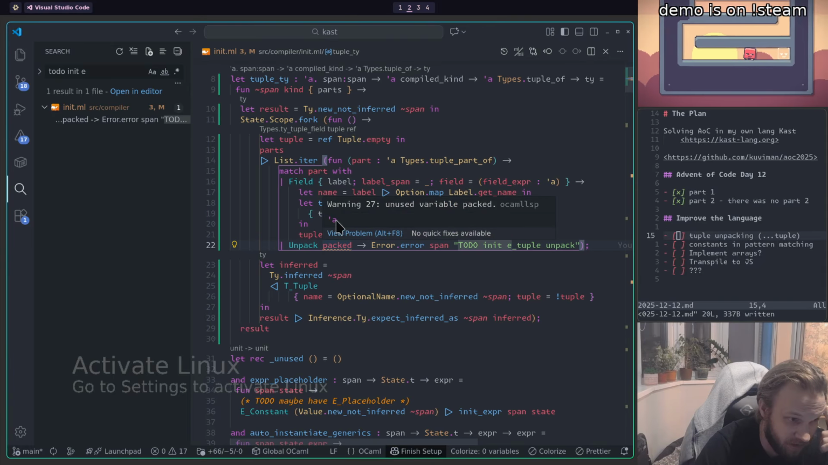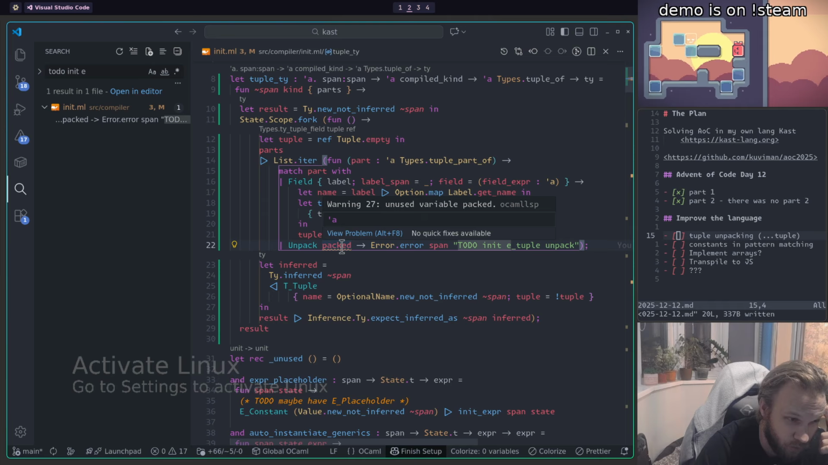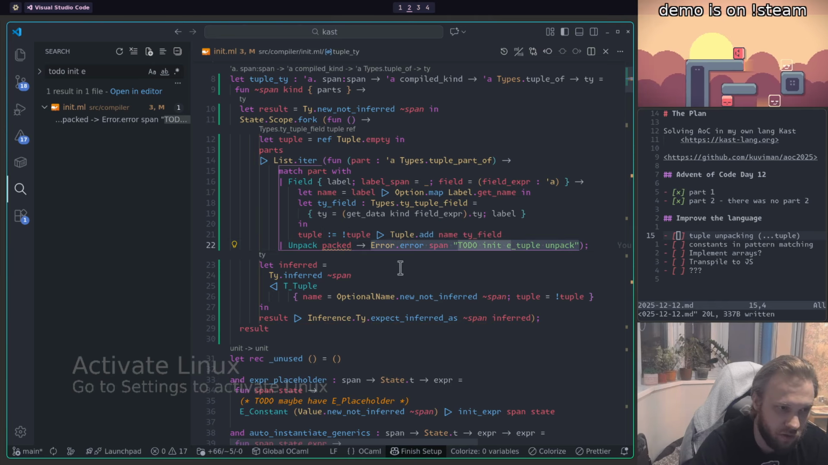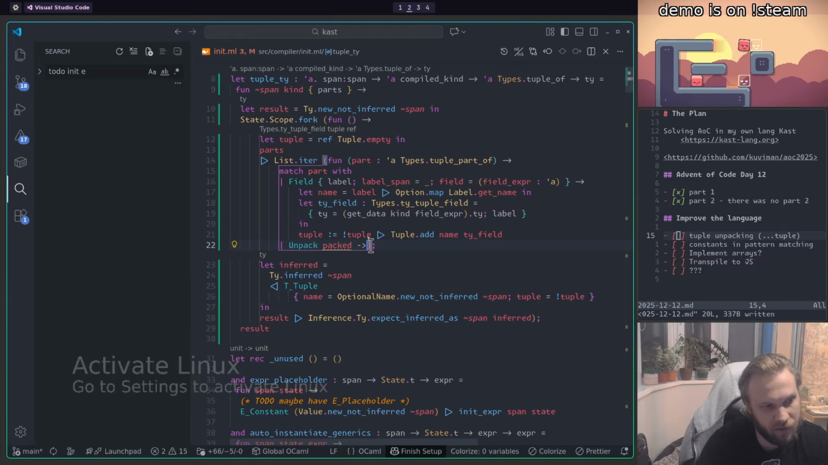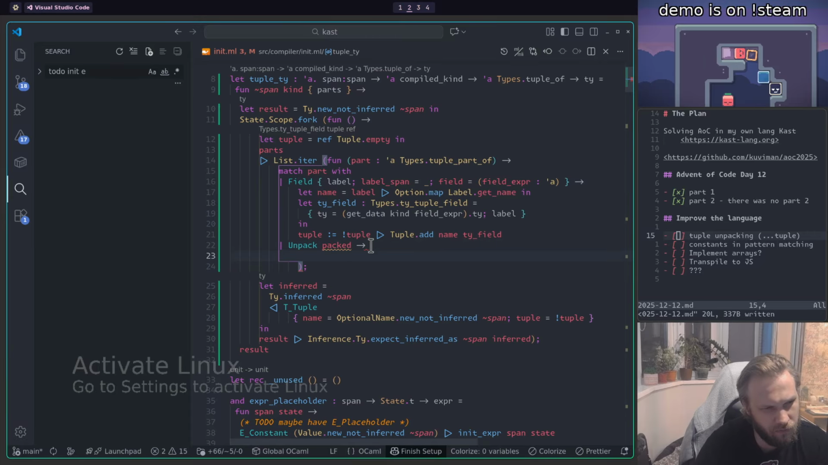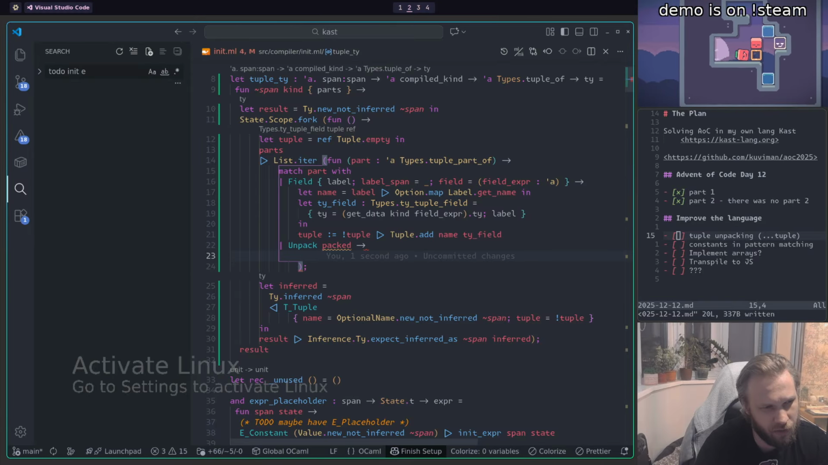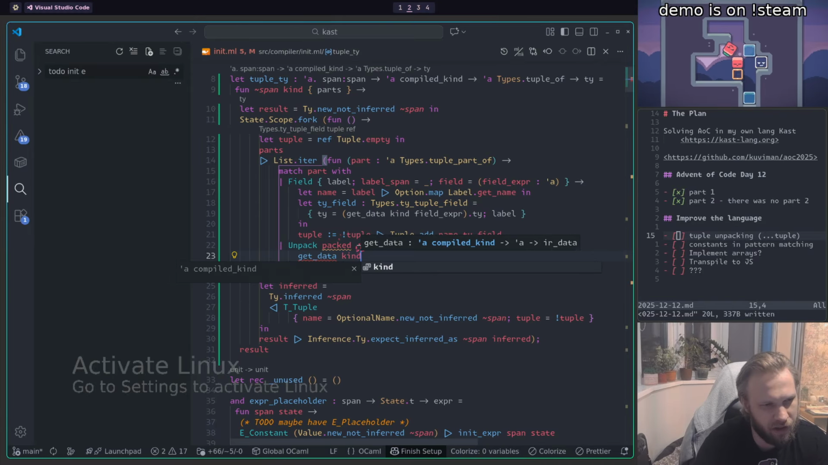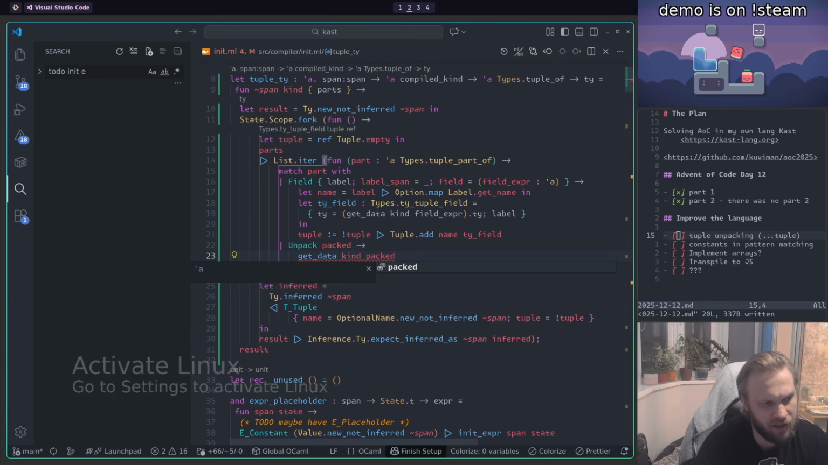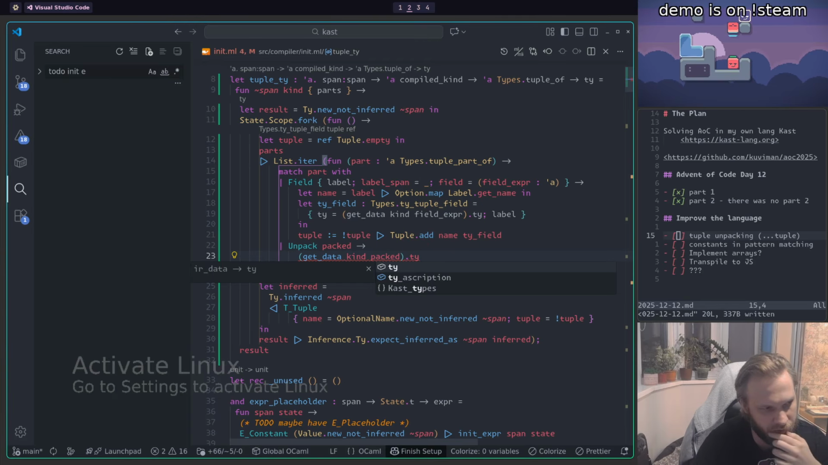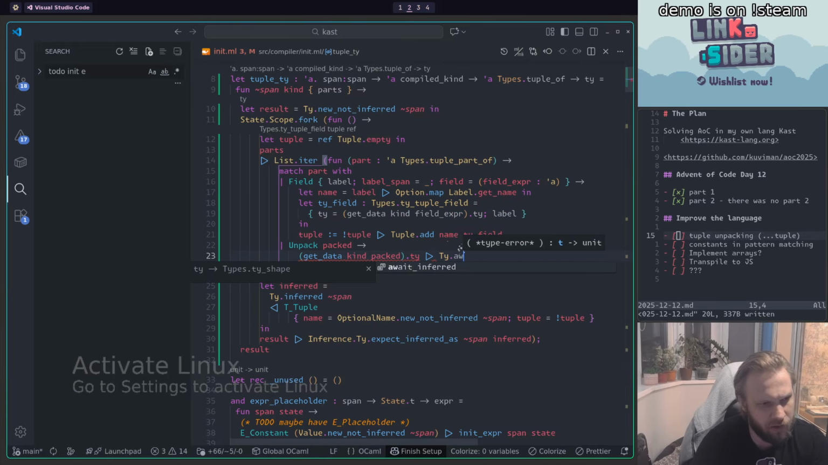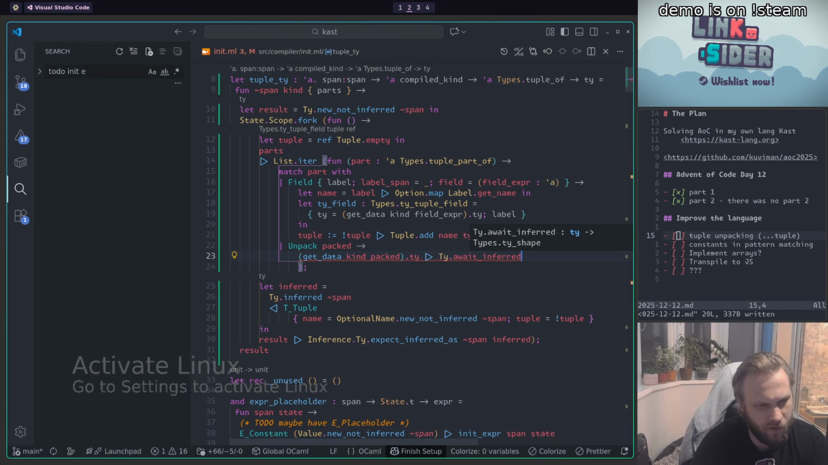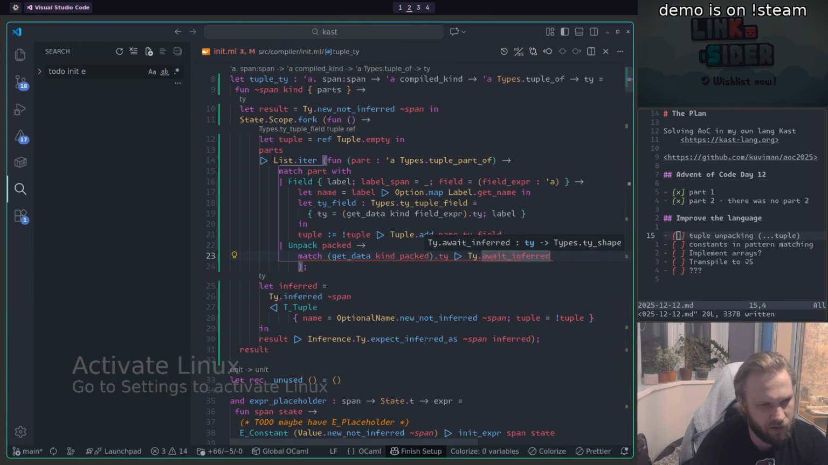So this is a packed thing. I need to know its type, and I need to know that the packed thing must be a tuple itself, right? So we do something like this. We say, well, first of all, we need to get data kind packed. This is my data, and this is the type, right? So this is the type of the packed thing. And then I need to type await inferred. And then we match that with,